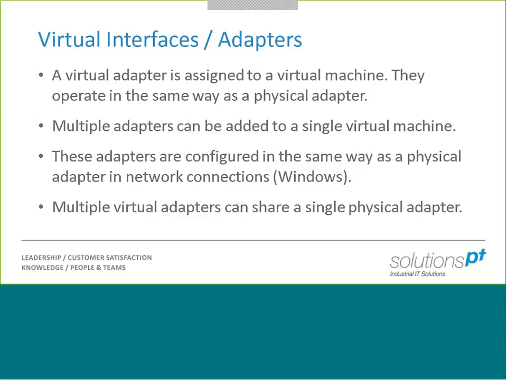Okay, so we'll look at virtual interfaces or adapters or virtual NICs, we could even call them if we wanted to. So when we have created our virtual machine, if we want to start networking with it, we need to assign it a virtual adapter. And this is exactly the same as if we had a physical server and we plugged in a physical NIC to it. A new piece of hardware will be detected and we can configure it, plug a network cable in. In the virtual world, with a click of a button, we can assign a virtual adapter to our virtual machine and it will operate in exactly the same way as a physical adapter can.